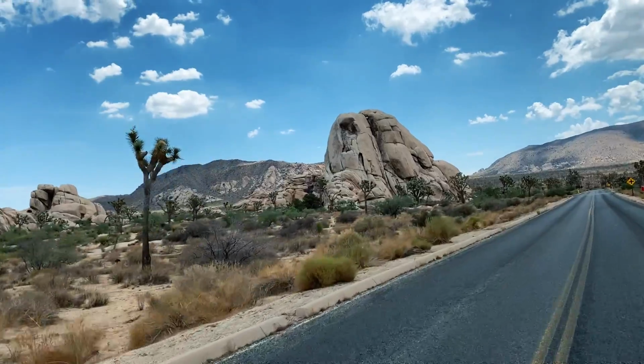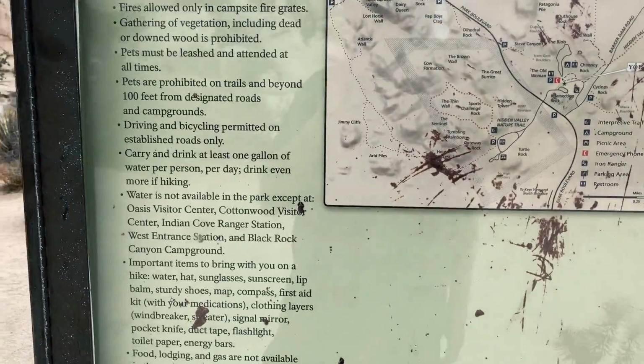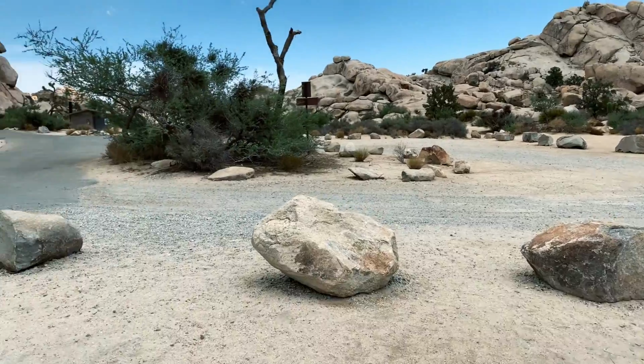Our key destinations are Skull Rock and Arch Rock. Hidden Valley is an easy mile loop where you're enclosed or hidden by very large rock formations. All right, well, we're just going to do a little of this trail. I'm not going to do the whole trail because